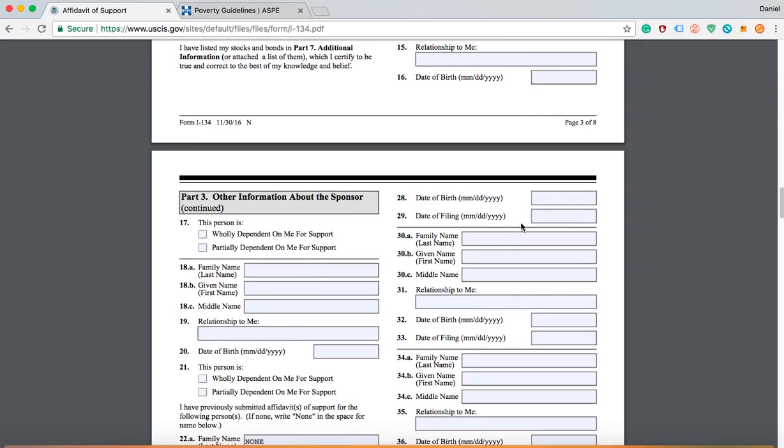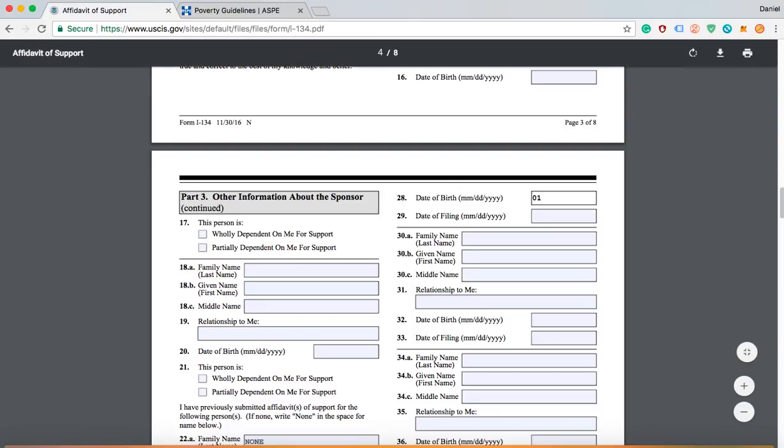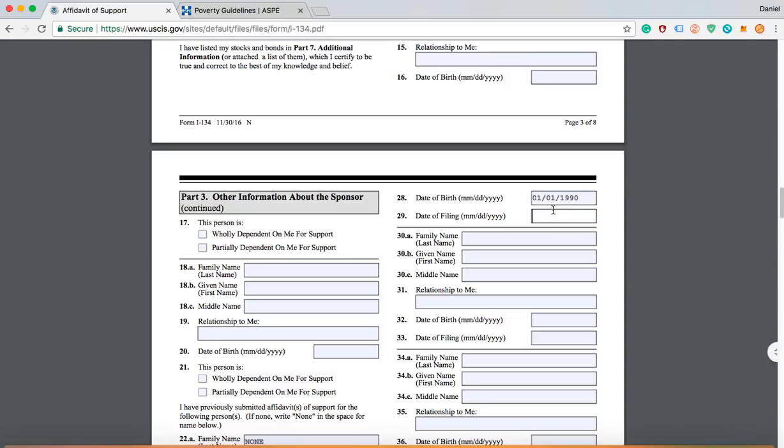Their date of birth, I forgot what I put up in the form, but you would write down the date of birth of your foreign fiance. So whatever that date of birth is. And the date of filing, the date when you filed the I-129F. So whatever that date was,